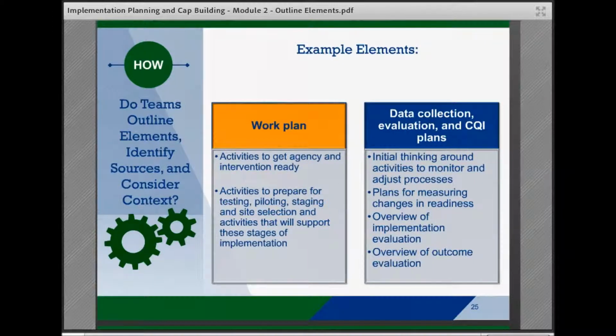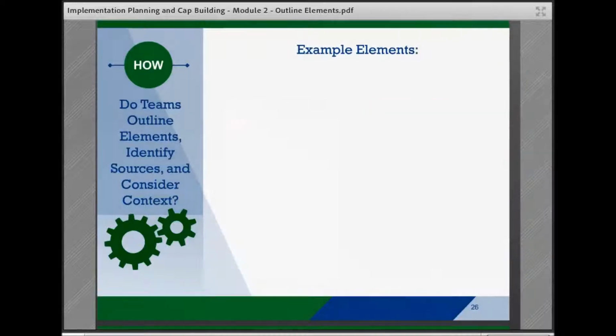Data collection, evaluation, and CQI plans. The implementation plan should provide preliminary thinking on how implementation will be monitored and how data will be used to adjust implementation and make improvements. Subteams may be developing plans for data collection and CQI activities at the same time as the implementation planning. A more thorough discussion of how to identify these activities is in Module 9 of this series, and for more detailed information on specific evaluation processes, teams may refer to the Change in Implementation and Practice series on monitoring, evaluating, and applying findings. The last 2 areas of common elements include